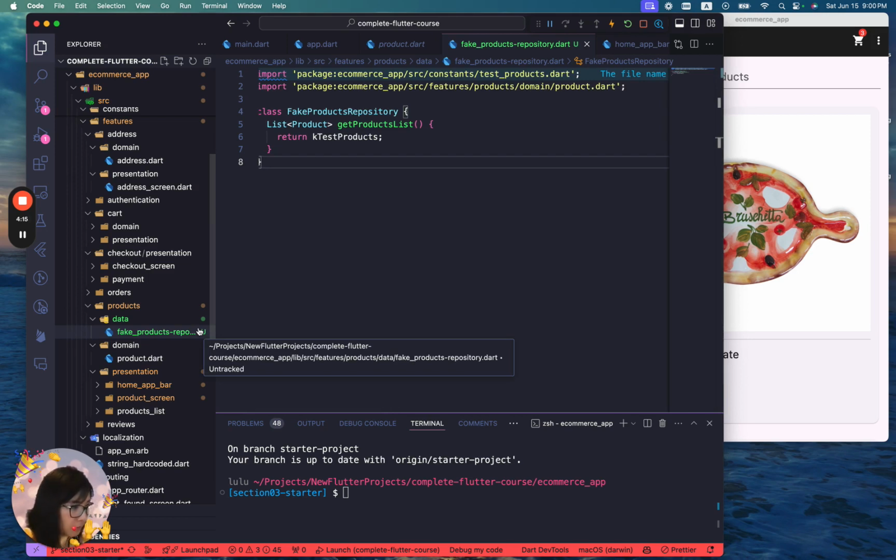Let's continue. As you can see, here we are reading the data from this global variable. So what we could do is replace this code by creating a fake products repository instance, which we need to import. Then we can type .getProductsList to get the data that we need. Because this expression is not a const value, we need to declare this variable as final. And as it is, this code would already work. However,